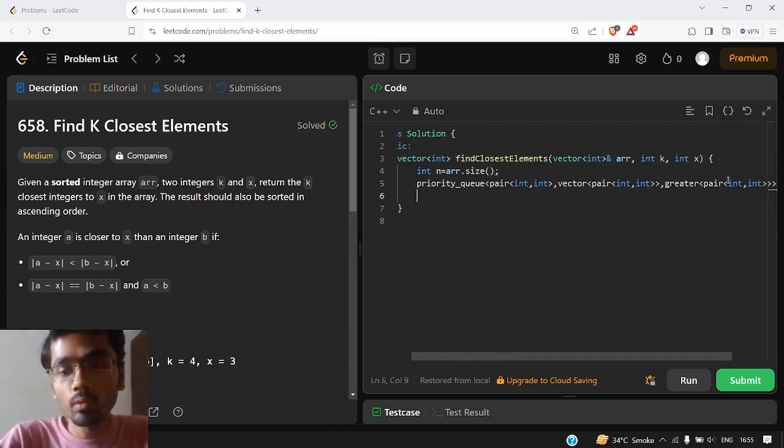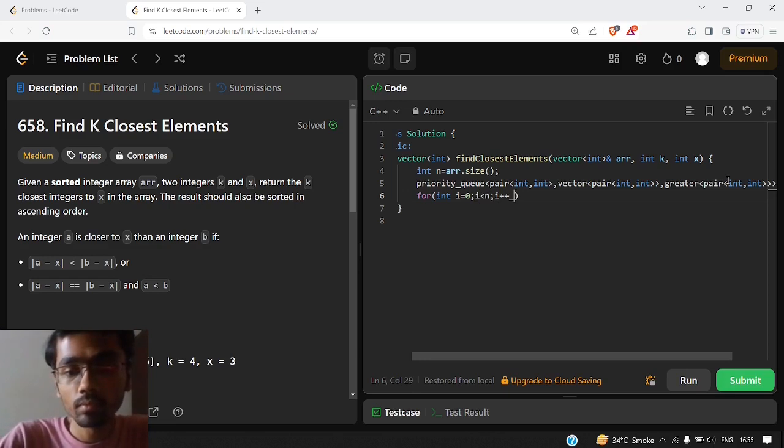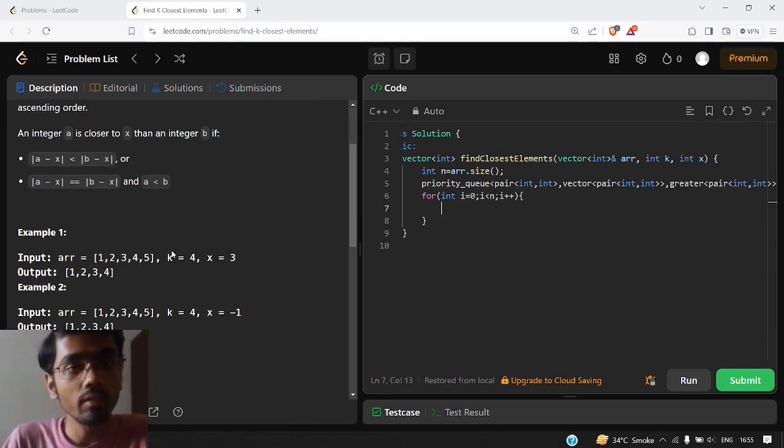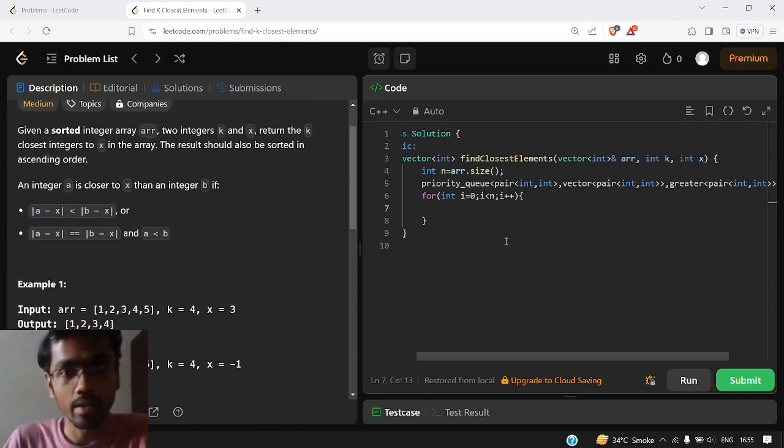So what we will do now is we will iterate to each and every element from our ARR array. So let us do that. Now we will take the difference from x from all the numbers in our ARR array.